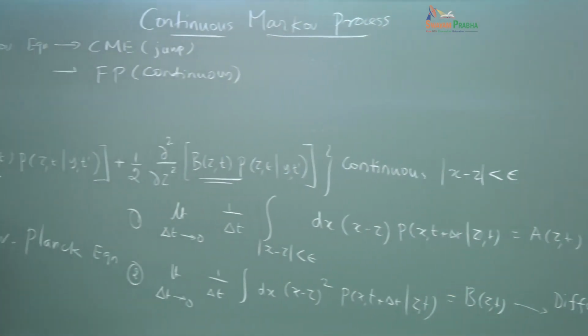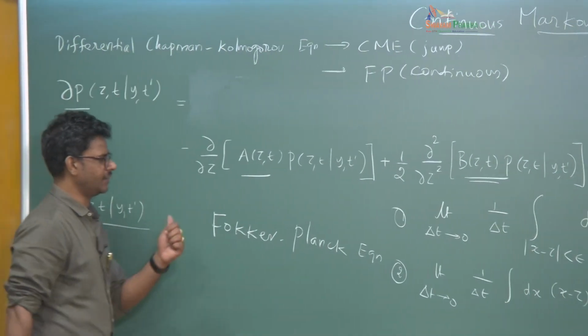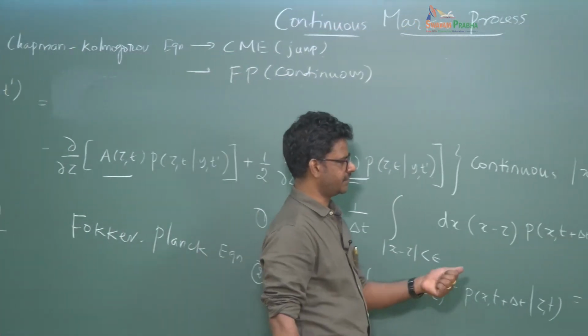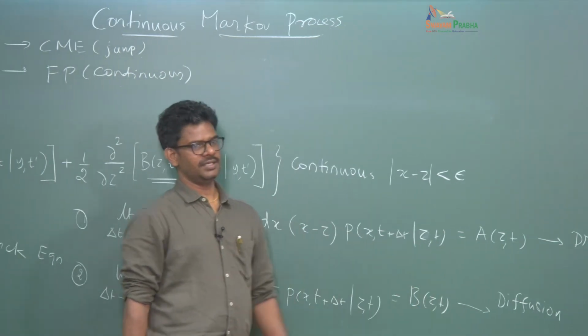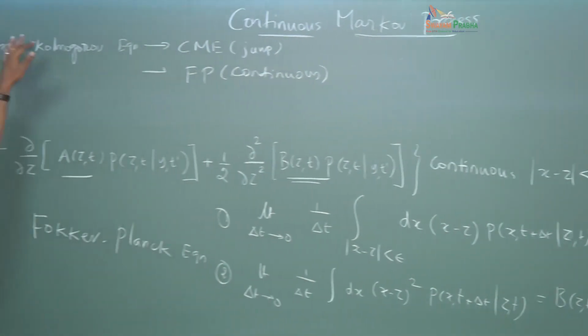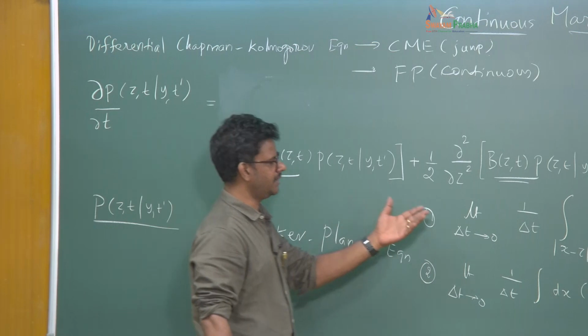So, when we deal with the continuous Markov process, we have to define two characteristic functions, function A and function B. Function A is defined, if you look at the original derivation of the Chapman-Kolmogorov equation, we defined A as